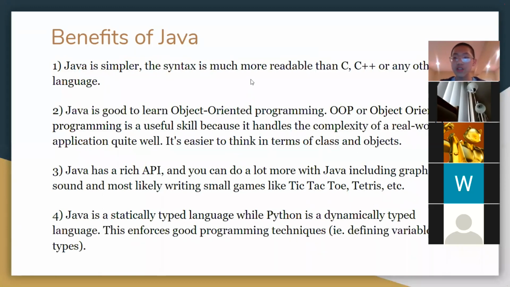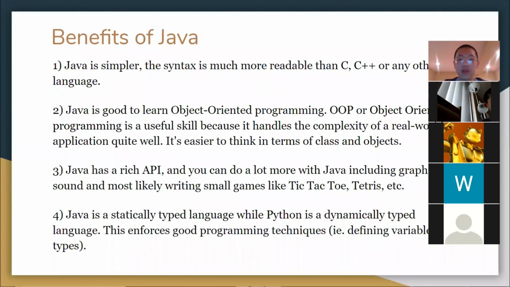In regards to the benefits of Java, I'll be going over some of the basics of Java because this is the first lesson. Some of the benefits of Java over other languages, for example C, C++, or even Python, is that Java is simpler. The syntax is much more readable, and it's more user-friendly.